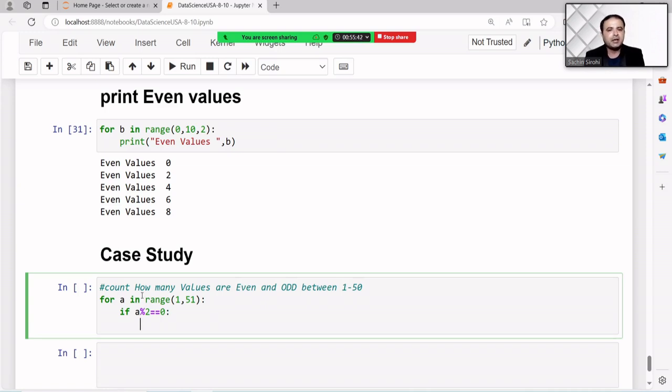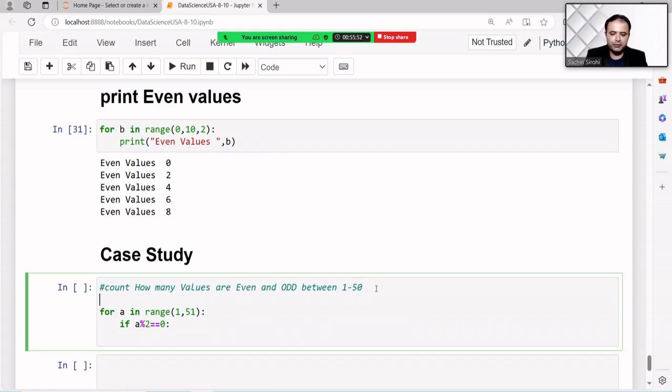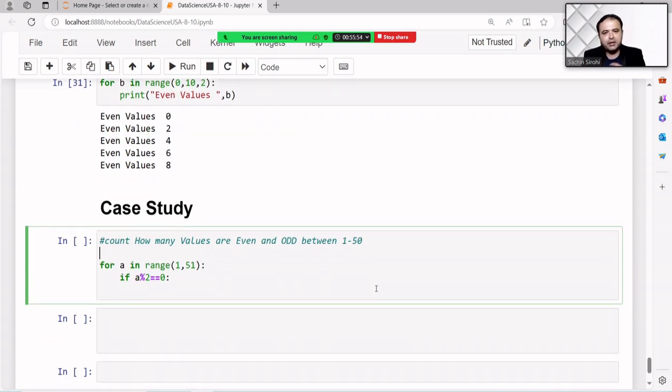Firstly, I want to print the number of even values and the number of odd values. But now we want to count only. For the counting point of view, we can think anything else, like even, odd. So I have created two variables, even and odd.